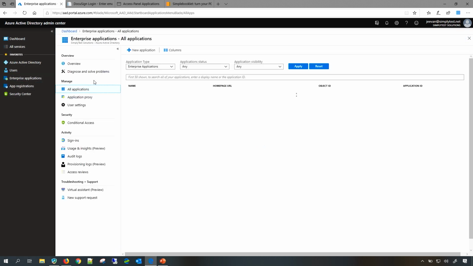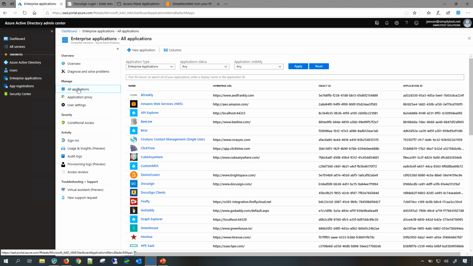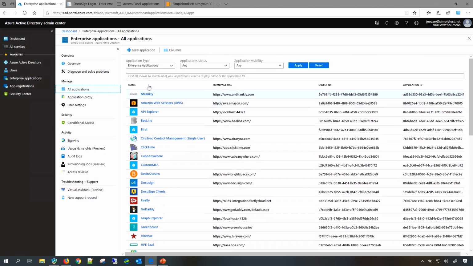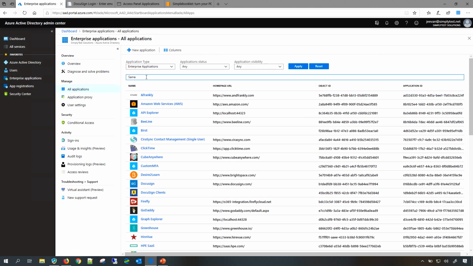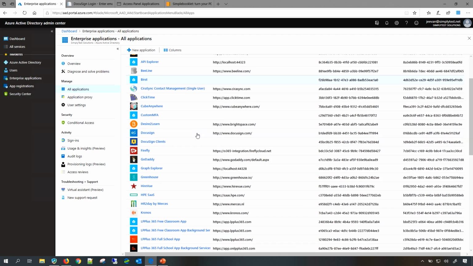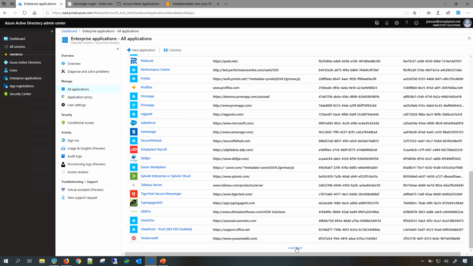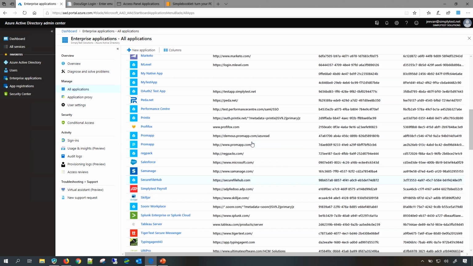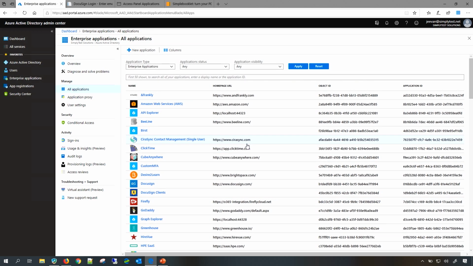The Enterprise applications option is also shown on the left, so I click on that and I'm directly logged in, and I can see all applications which have been configured for single sign-on. All these applications I can manage from this page. Also, I can search for particular applications by putting a value over here. Okay, this is my Salmon Edge application. Or if you want to see more applications, there is a load more button at the bottom. You can just click on that and you can see a laundry list of all your applications which you have configured for single sign-on and user provisioning.